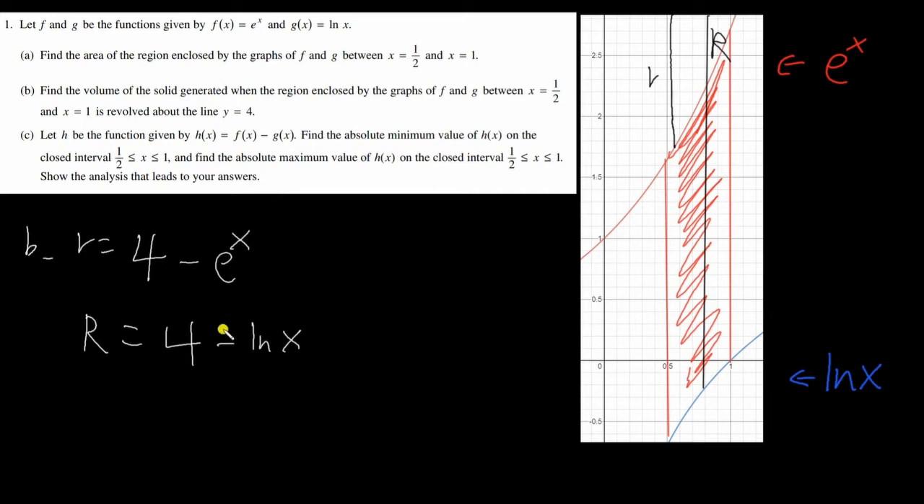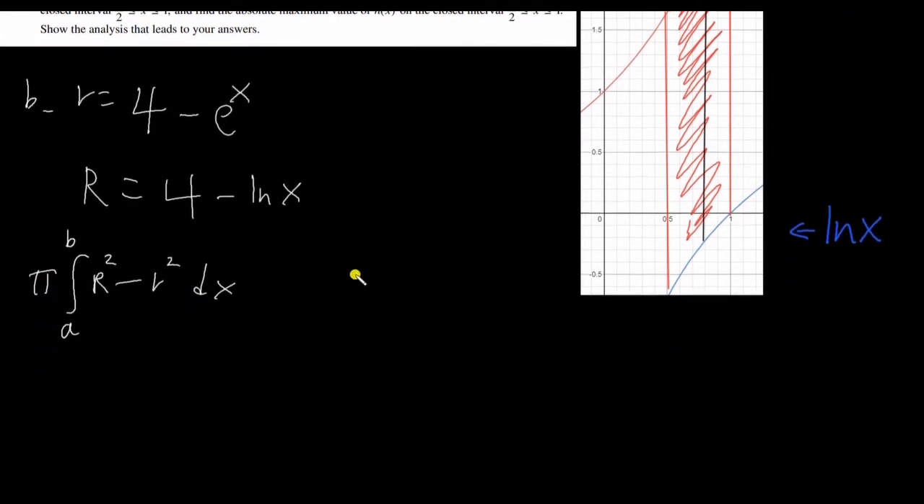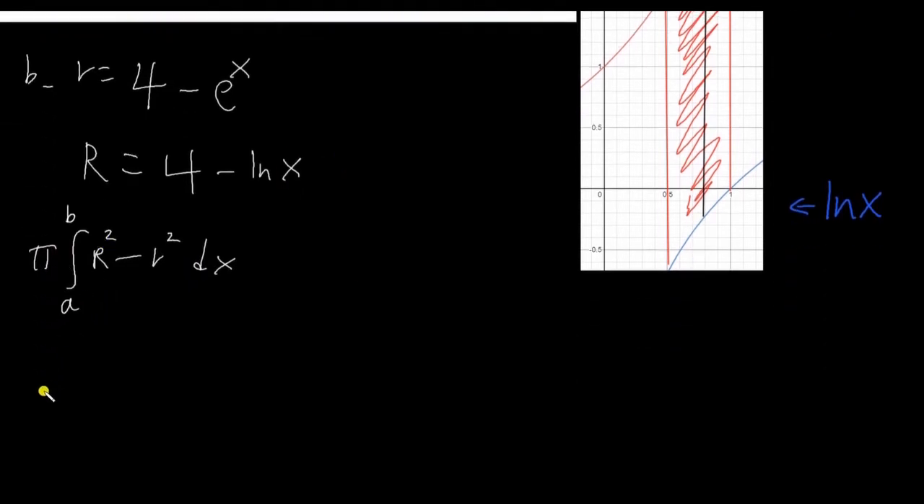Now that we found the radii, we can use the formula, which is the integral from a to b, where again a and b are 0.5 and 1, of big R squared minus little r squared dx, and this whole thing is being multiplied by pi. So let's plug in some numbers here. We have pi times the integral from 0.5 to 1 of big R squared, so (4 minus ln x) squared, minus little r squared, (4 minus e to the x)